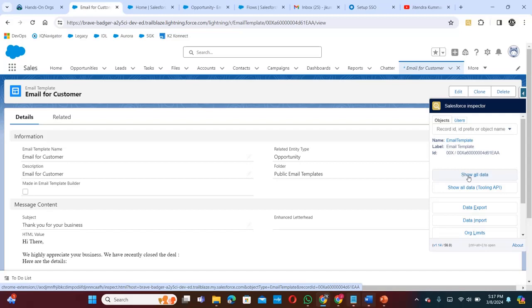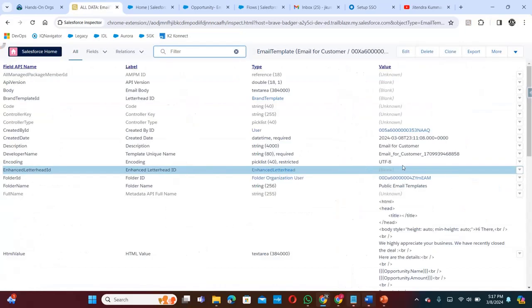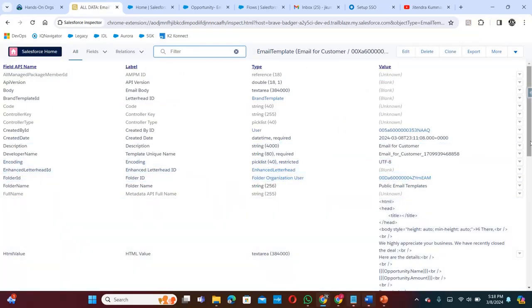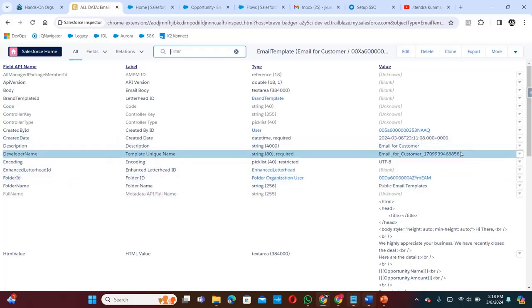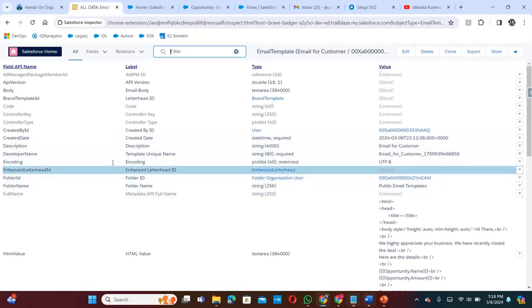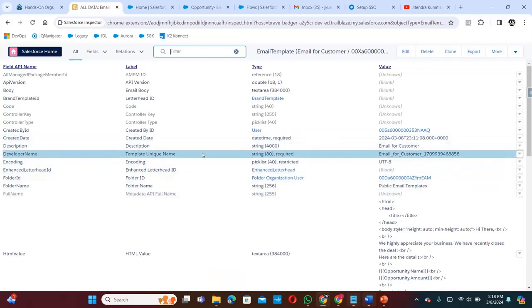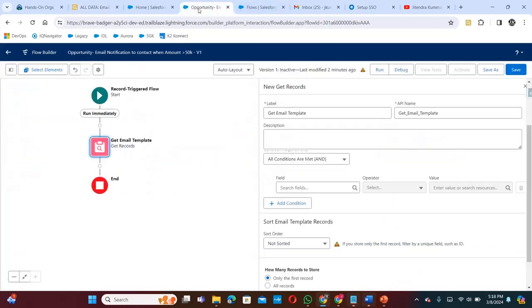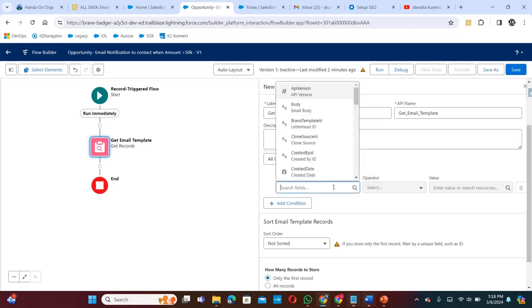I'm going for the show all data option, so we'll be able to see all the fields. Okay. So we are interested in developer name, as this is a unique field for the email template. So we'll use this. I'll just copy the value from here